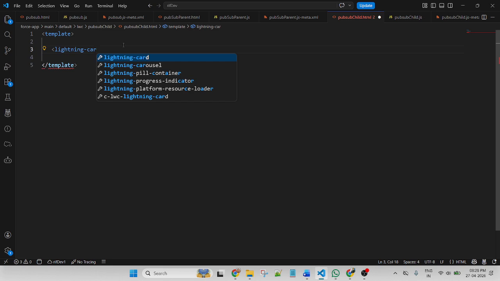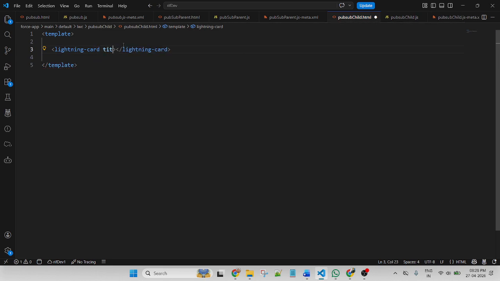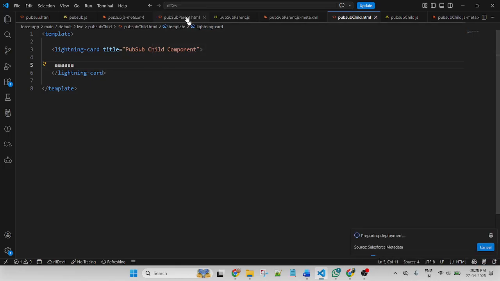Lightning card, title of child component. Let me put dummy data and deploy the code as well. Child component is refreshing.